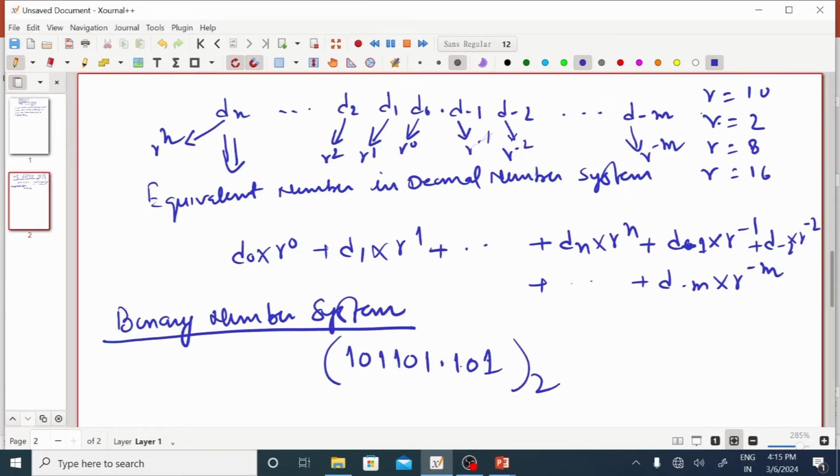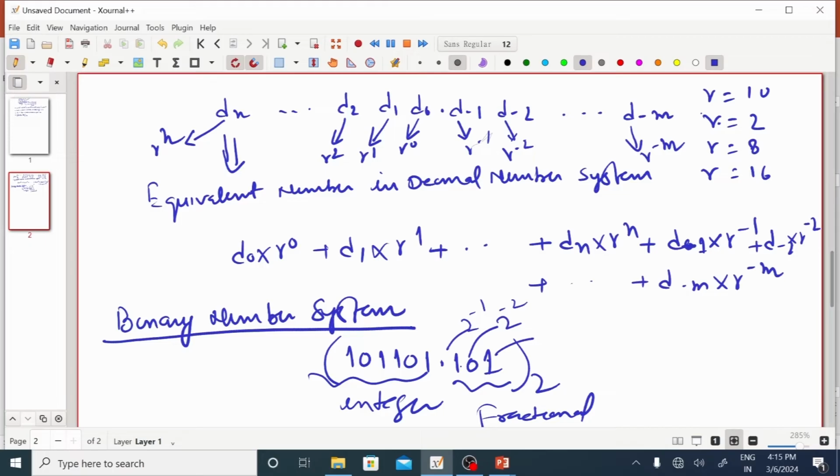The base of this number system is 2. There are two portions of this number: one is the integer portion and another is the fractional portion. In the fractional portion, the first digit is multiplied by 2 to the power minus 1, the next digit by 2 to the power minus 2, and this by 2 to the power minus 3. Here the movement starts from left to right, and in the integer portion we start from right to left,